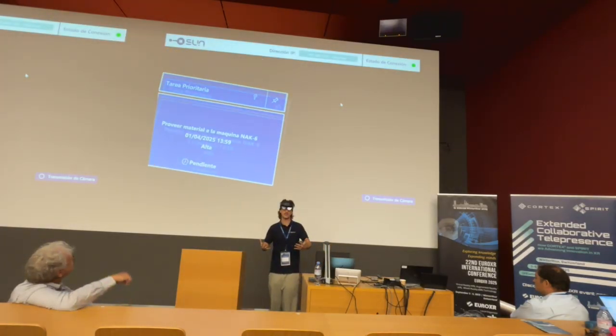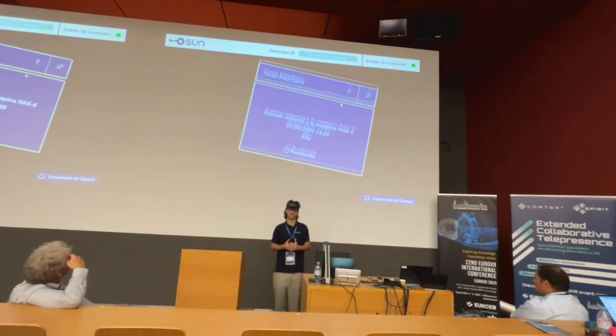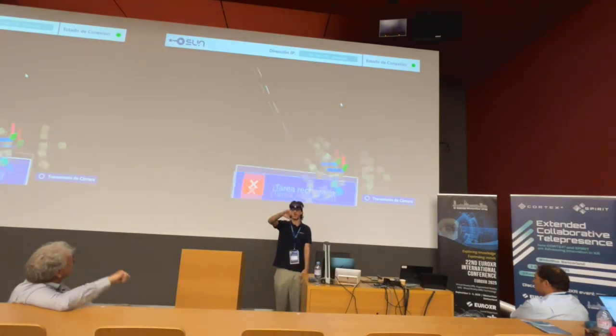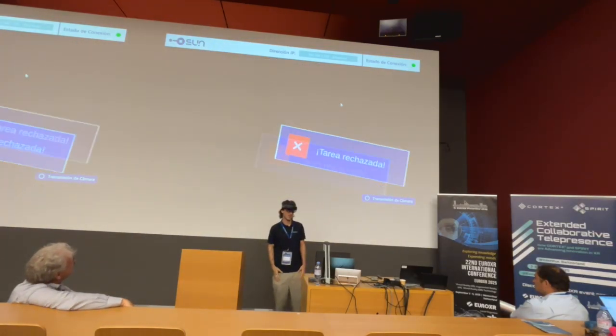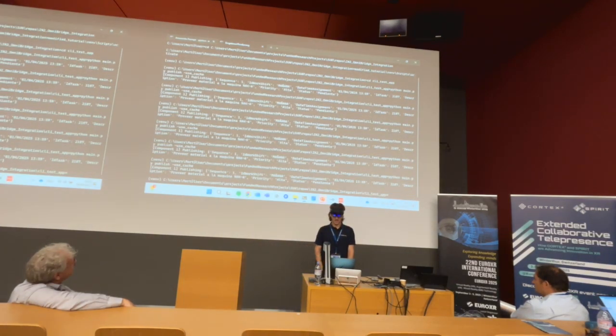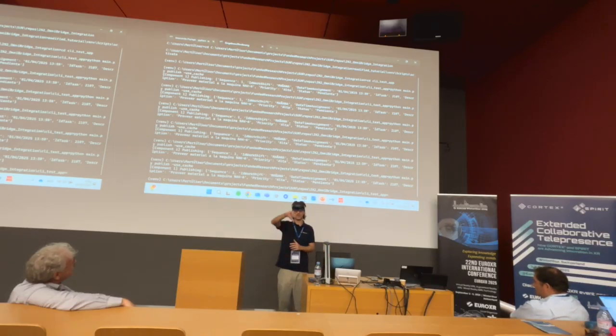And again, the user has the option to either accept or reject this task. Just for the sake of displaying, now I will reject this task because maybe I want to go get a coffee, have a break. This is the way a user would be interacting. Yeah, I think this would give you a good idea of how this will be applied in a real-life factory